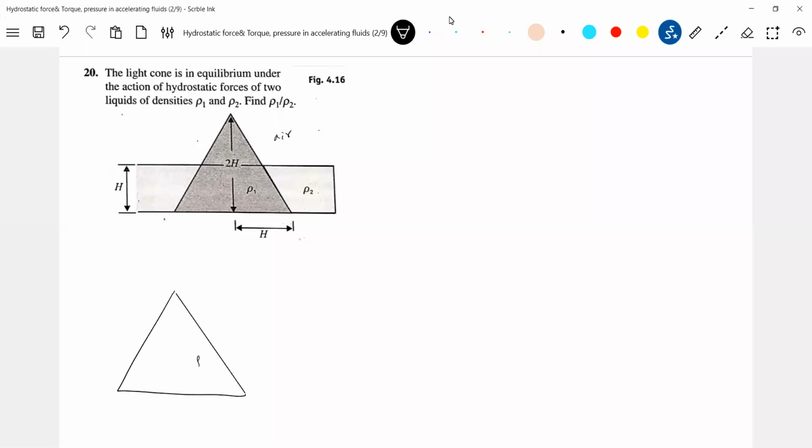The liquid of density rho 1. So what the liquid will do, it will exert force. There's one best problem I have picked up. What are these arrows? These arrows indicate the force exerted by the